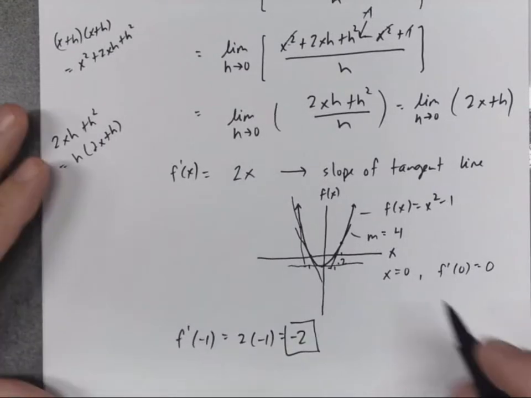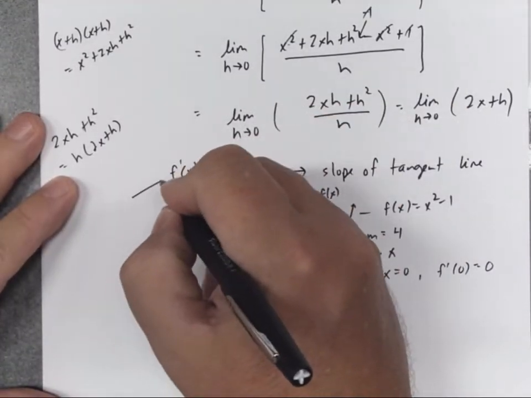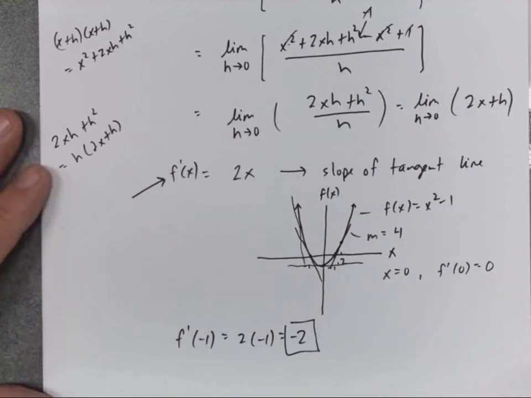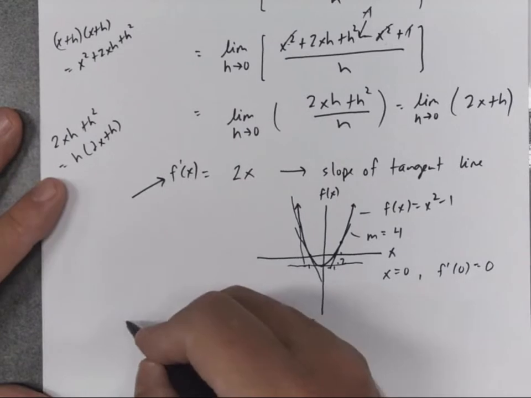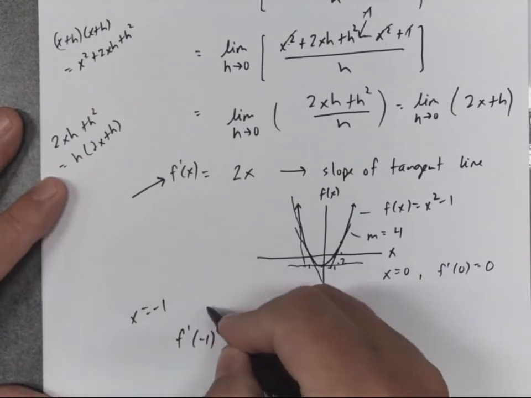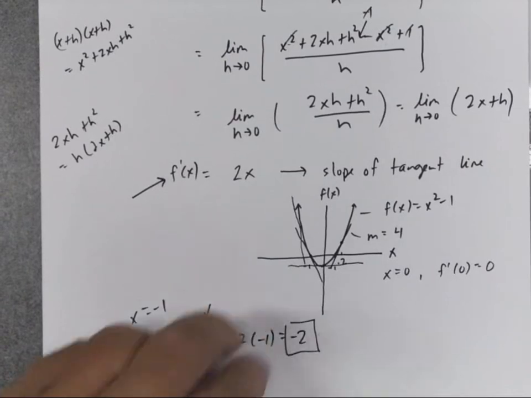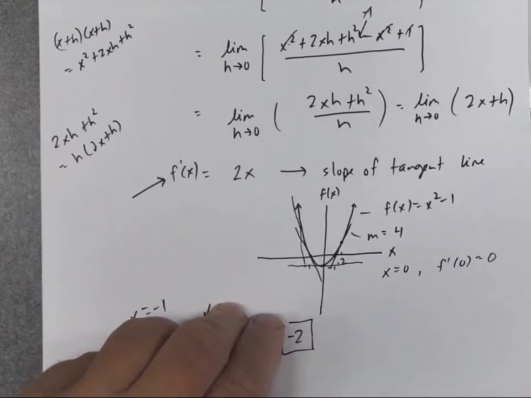All they want you to do is first find the derivative. And then once you have the derivative, since you know that the derivative is really the slope of the tangent line, here's a point, x equals -1, and go actually calculate the slope of that tangent line. All right,